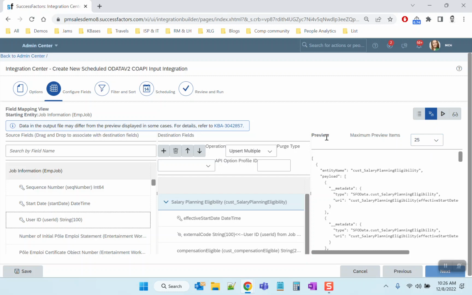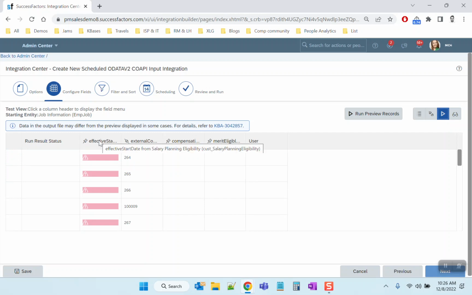Once we have that, we need to make sure that the effective start of the record that's going to be created is always the same as our template, our salary planning template, Employee Central effective date, which in this case is October 1st, 2022. And to make sure that the date of the record is always October 1st, we need to use a little trick. So we're going to go to this switch to test view here,